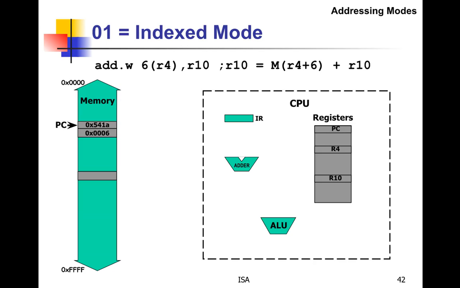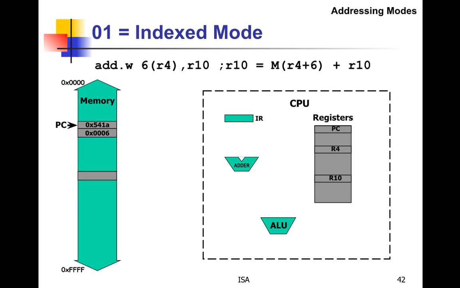We'll look at the next line down, the add word. It's going to take memory 6, and then it's going to read whatever number was in register 4, add that to 6, and then it's going to add that in to register 10 and keep the result in register 10. So the way this is encoded in assembly language is you've got